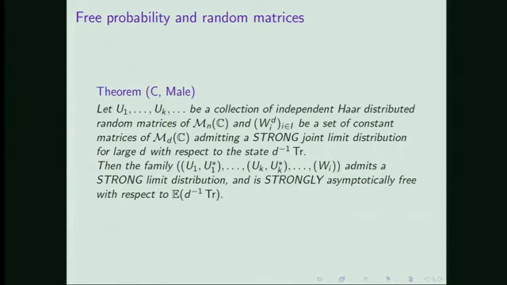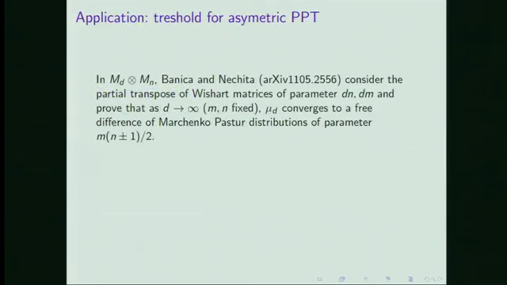So as Voiculescu tells us, under these assumptions we still have a good behavior for the mu_d's for the extended family, but also for the support. And this is actually a result which we proved 2 years ago with Camille Male, which extends the big result of Haagerup and Thorbjørnsen. And let me just finish by mentioning 2 applications of this result to quantum information theory. So I'm echoing a talk that Ion made in September, where he presented a joint work with Teo Banica, in which they